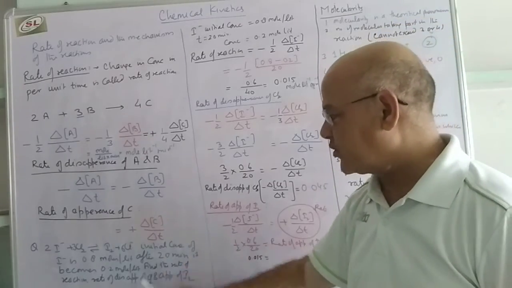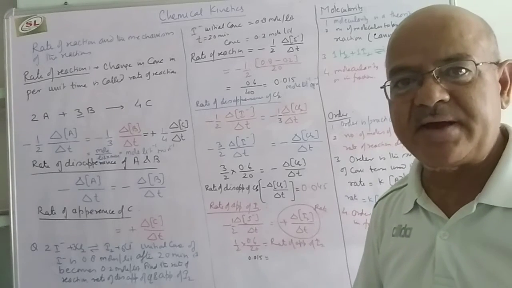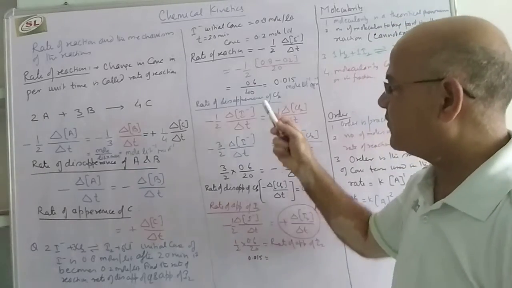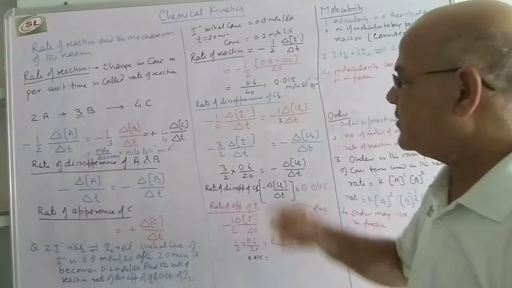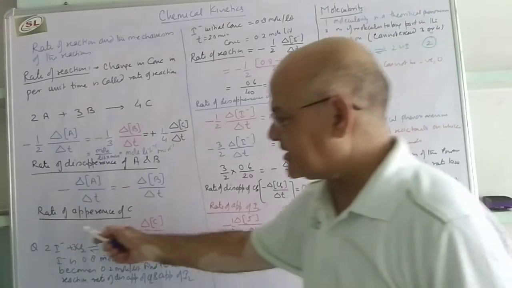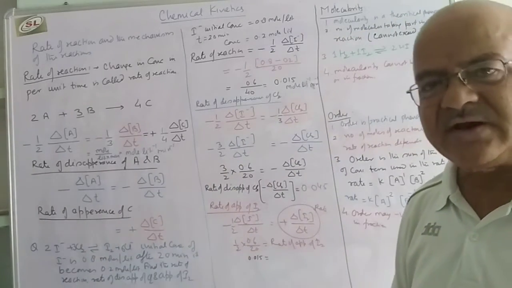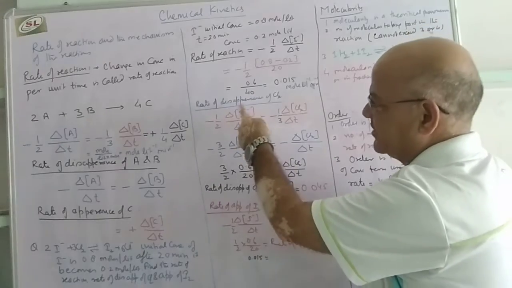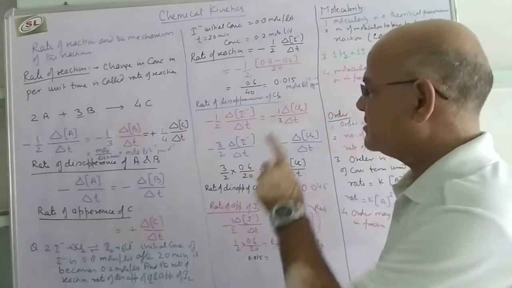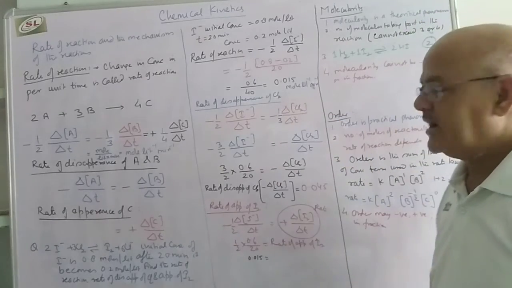Now we want to find out the rate of disappearance of Cl2. Disappearance and appearance cannot be calculated directly. If we want to calculate the rate of disappearance of Cl2, then first of all we will write down the rate of reaction in which the data are given and which we have to find out. Data are given in terms of I minus, so I have written the rate of the reaction as minus half delta I minus by delta T. The question is asked in terms of Cl2, so the rate in terms of Cl2 will be 1 by 3 delta Cl2 by delta T.